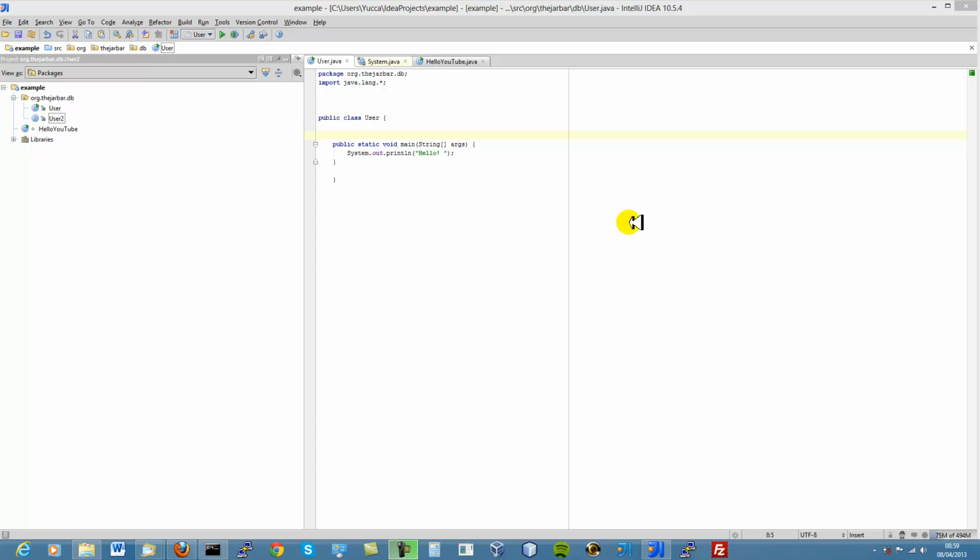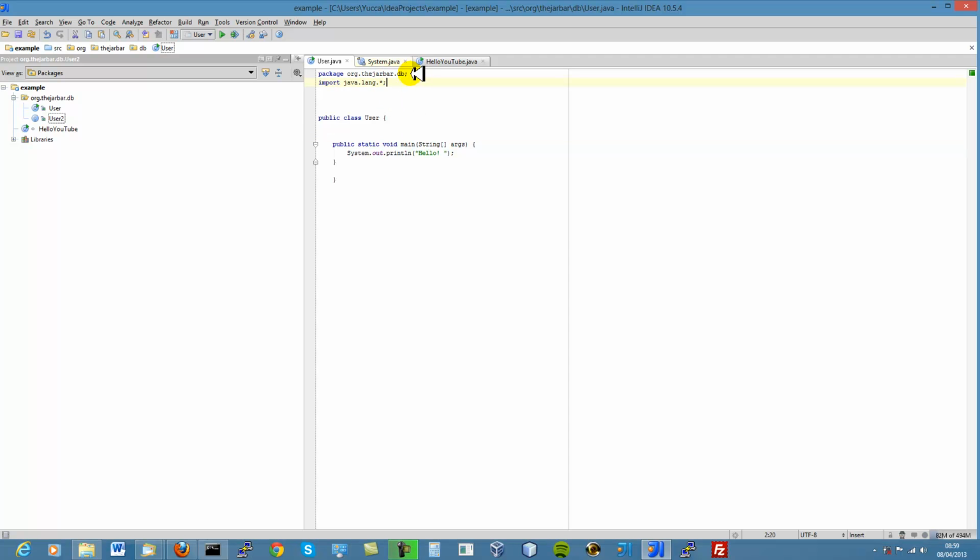Hi, this is Yucca with our 7th guide on Java development, and in our previous 2 tutorials I introduced you to package statements. Package statements tell us in which directory structure this user class file that we're developing belongs, and